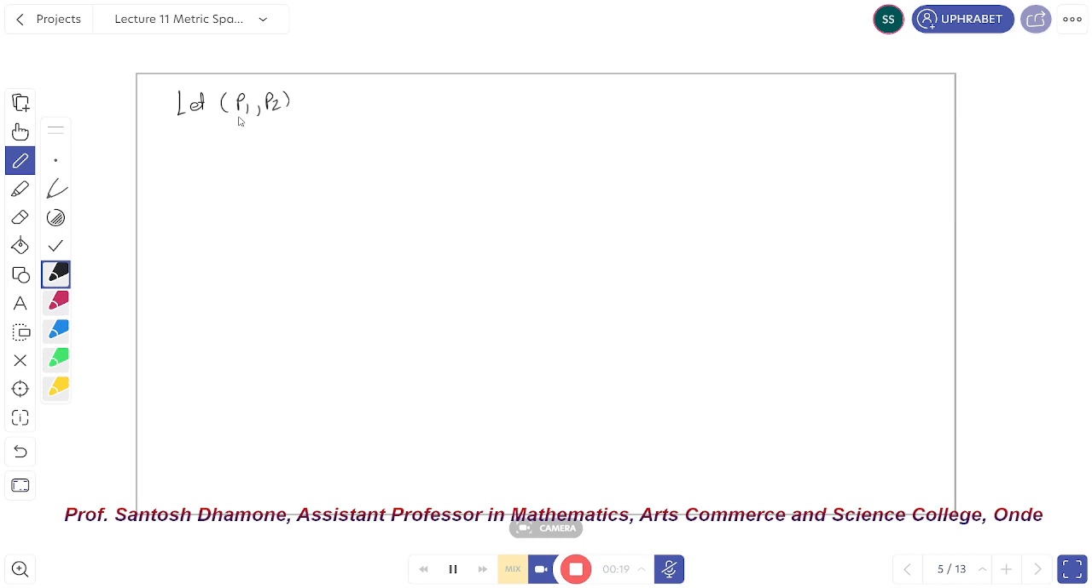1 upon a plus b is less than 1 upon root a square plus b square. This is the property. We will prove that